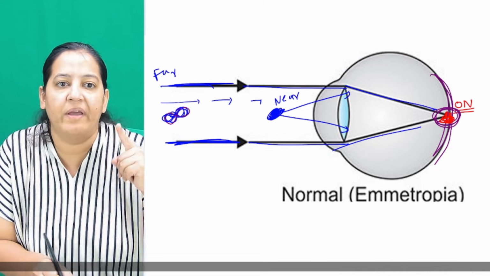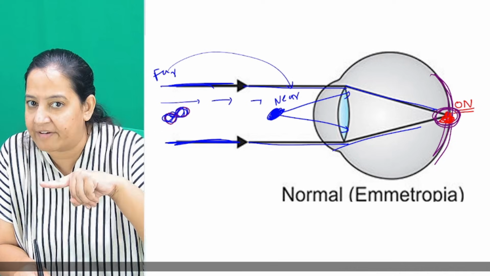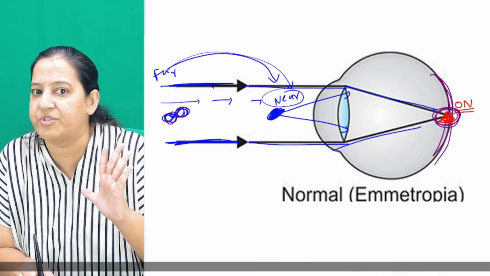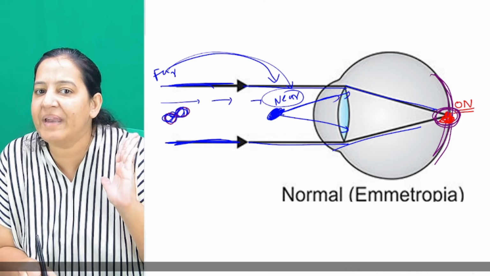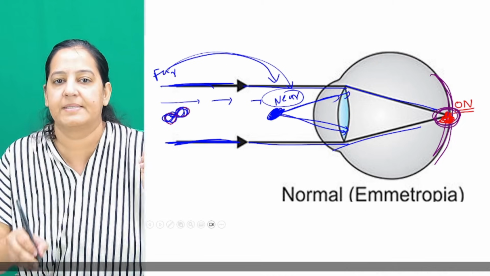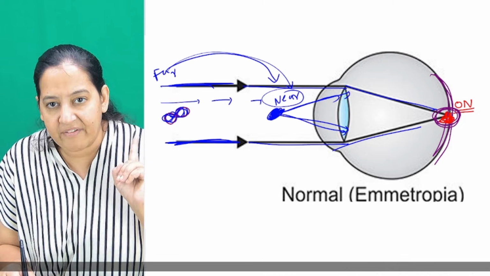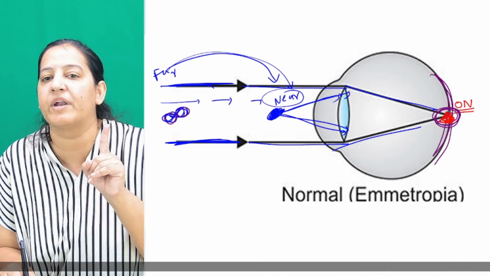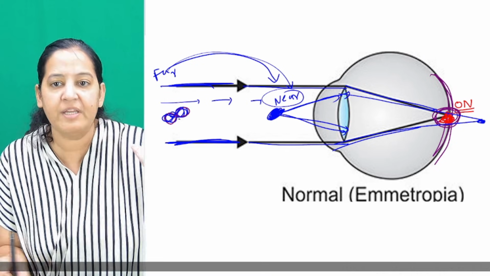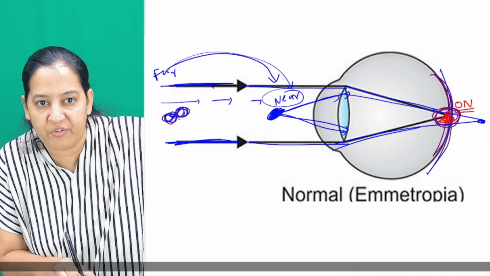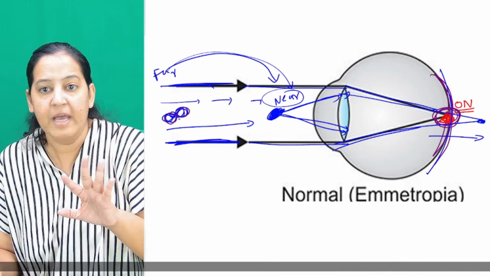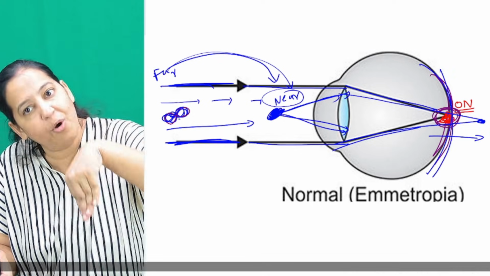In a near object, when we are shifting the vision from far to near, to see a near object, the rays are coming from near, maybe 20 centimeter, 25 centimeter, 30 centimeter, whatever is the distance. Now here the rays are going. So if there is no accommodation, the image will go beyond the retina, because where it was infinity, it was on the retina. Now you are shifting the object this side, the image will also shift this side, normally. But this doesn't happen. Image is still on the retina.